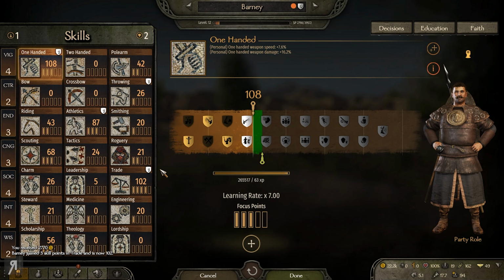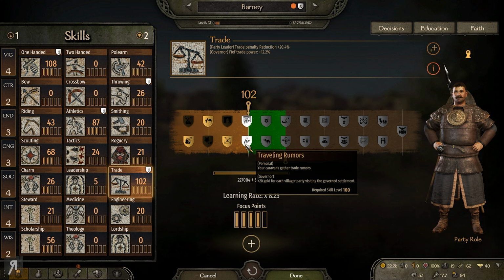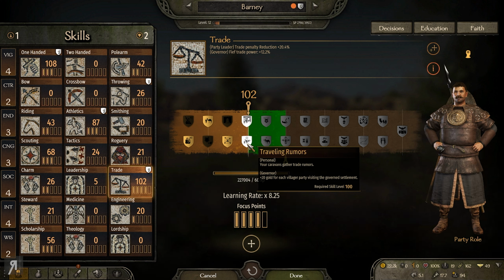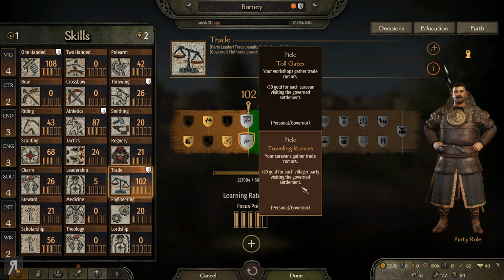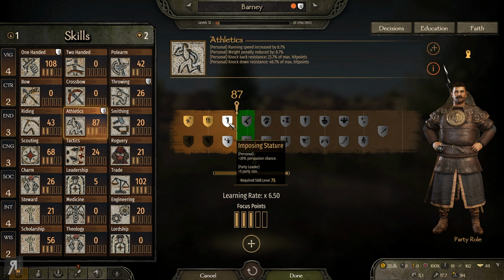So as you can see, look at the amount of perks that we have available now. Your workshops gather trade rumors. Your caravans gather trade rumors. Obviously, this is probably going to be the main purpose of my caravans going forward, because if I can't get gold from them, I'm not entirely sure why that's even happening. I don't know why I'm not being able to speak to my caravans. Maybe I need to wait until they go into a town. Maybe that's the case, but I'm going to be taking the caravans gathering trade rumors, because that's just, in my